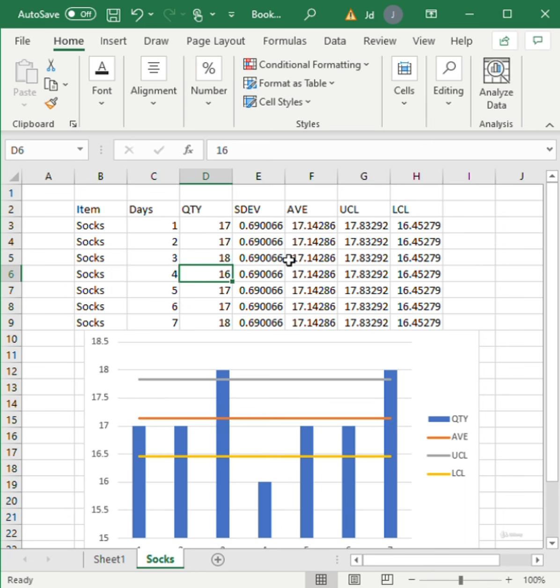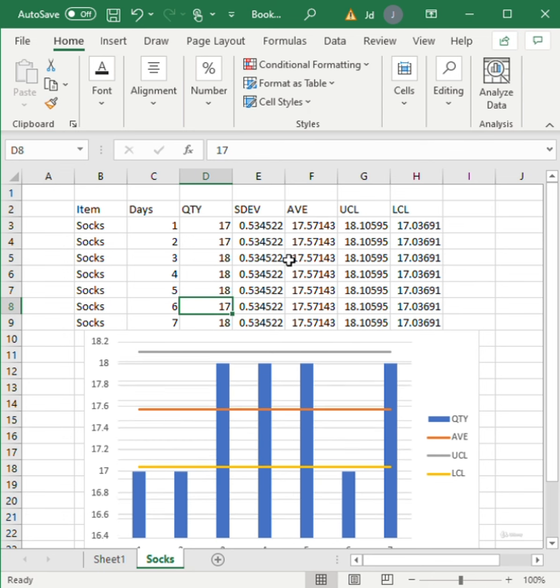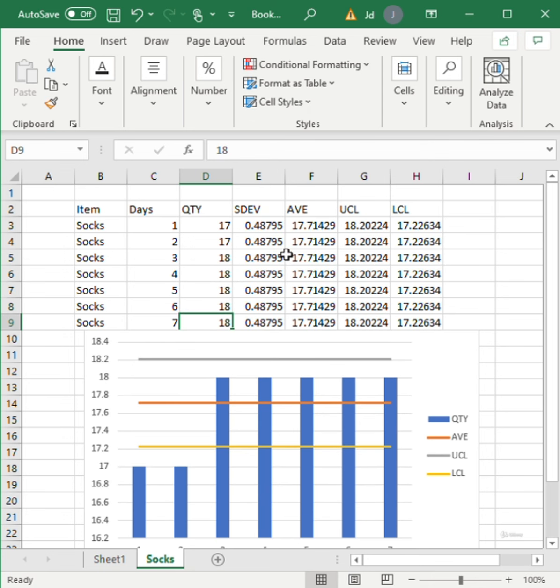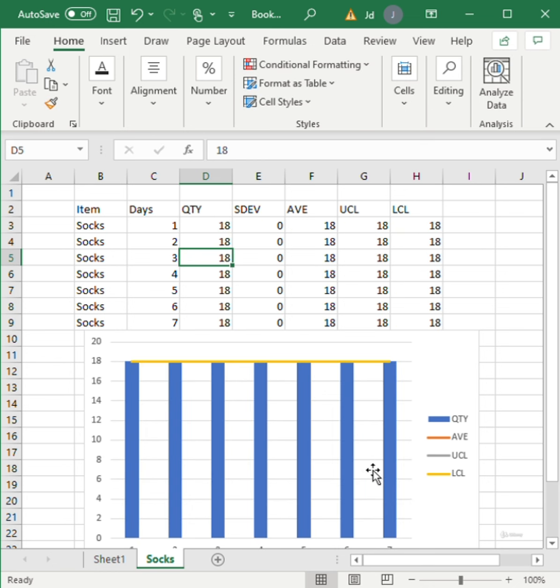Now it's gone back up to 18. 18. 18. Next results would be 18 and 18. Now we can see that if we do have no standard deviation, and our initial thought was 16, we could actually squeeze in 18 pairs of socks, depending on how much it actually deviates in that area. And that is how you can set statistically and analyze whether you've set it in the correct space.